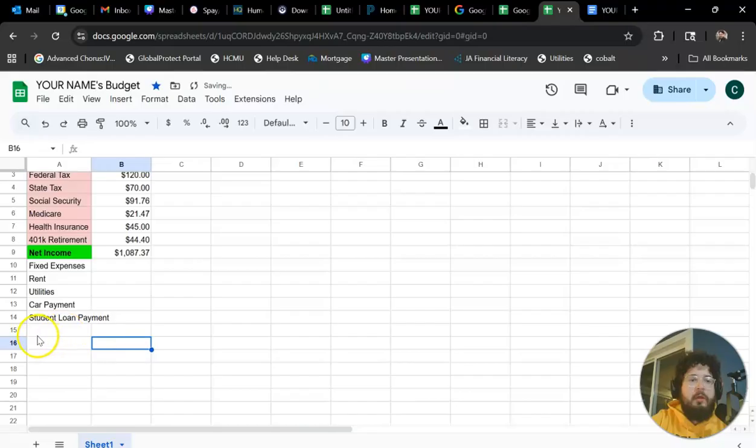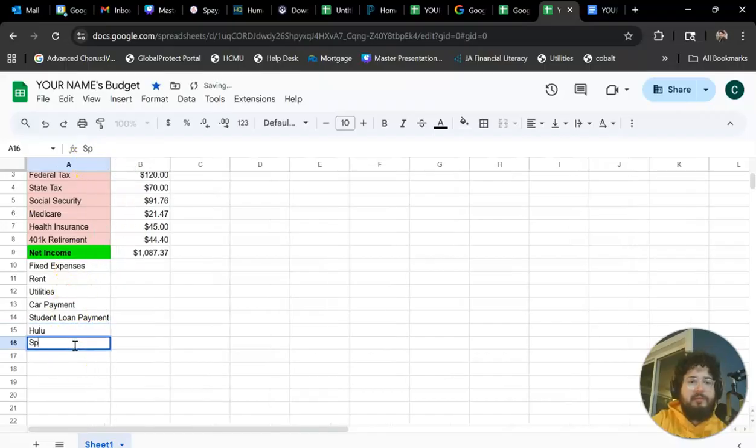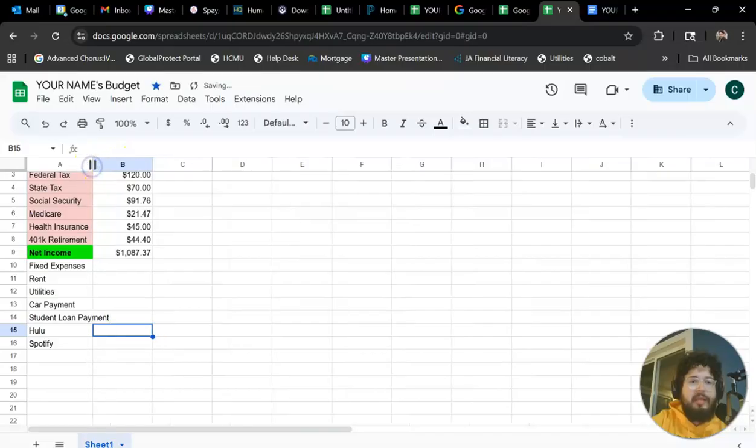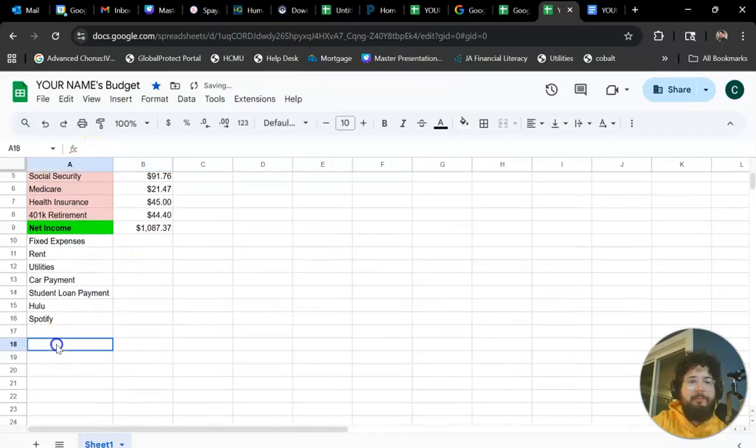All right. Oh, and you know what? I actually can't live without my Hulu subscription, and I can't live without my Spotify subscription. So let's add those in there. Now, you saw I did something weird where I stretched the box. All I did was I just grabbed this line between A and B. So you see how payment is overhanging? Just grab that line. Swoop. I scooched it over, okay?